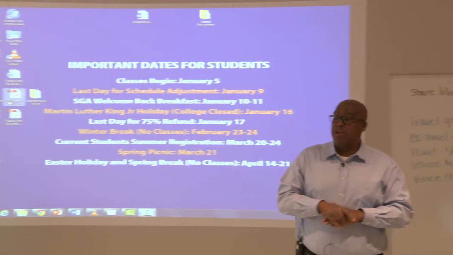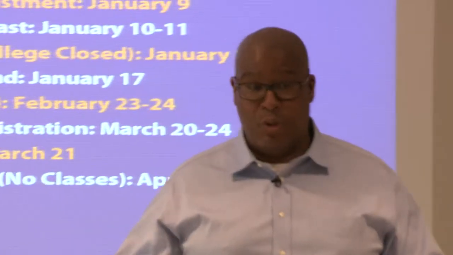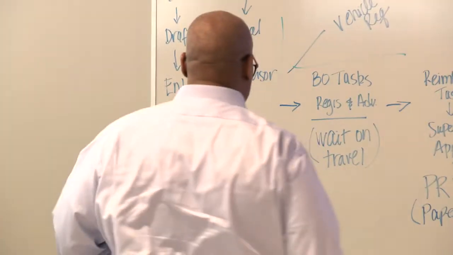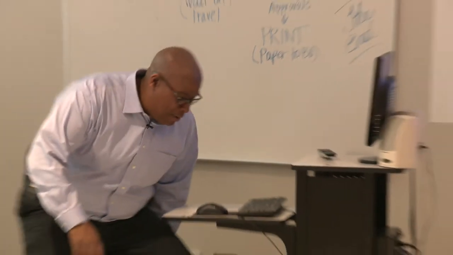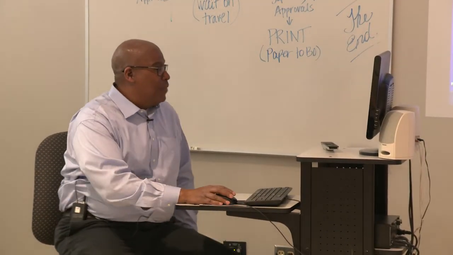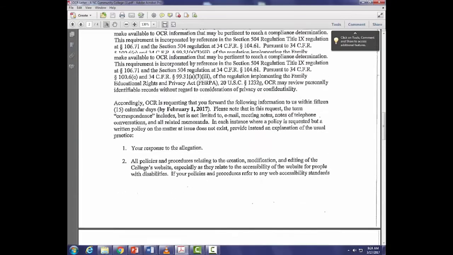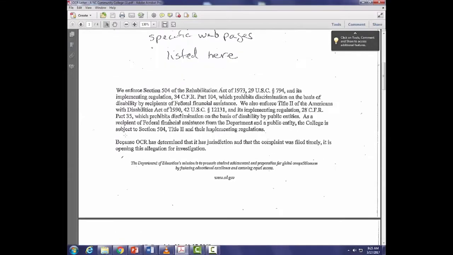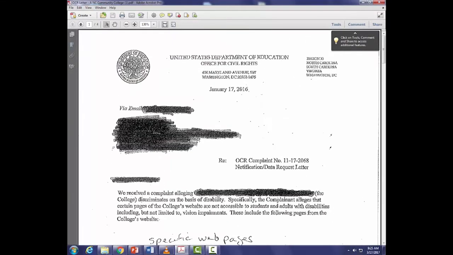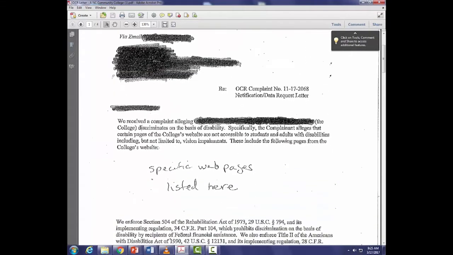So the next thing we're going to do is talk about tables a little bit, but I want to show you something. I've redacted this, so maybe you won't be able to figure it out. I hope not. So we had a North Carolina community college get sued for an OCR complaint. I think I've taken everything out that would identify them. Hopefully. Yeah, you can't see that.